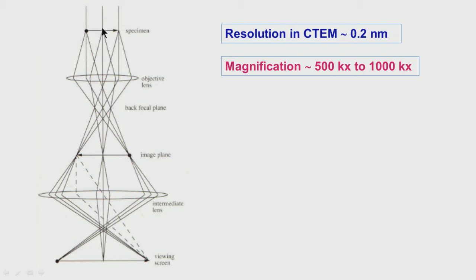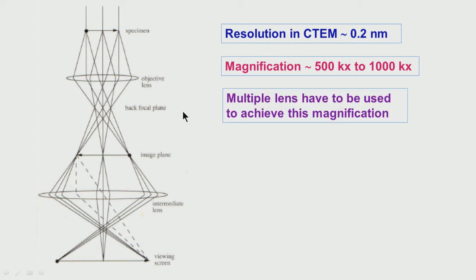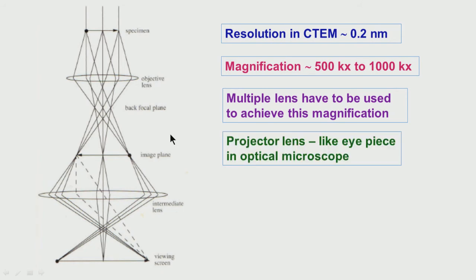So, the area which we will be scanning may be a few nanometers, that will be magnified to a few centimeters. That is how the magnification is done, because the beam has to pass close to the optic axis and then only the aberrations will be minimized. So, that is the limitation, correct. As the magnification increases, only a smaller area is being seen. Okay. Right, this I had mentioned. The projector lens acts like an eyepiece in an optical microscope.